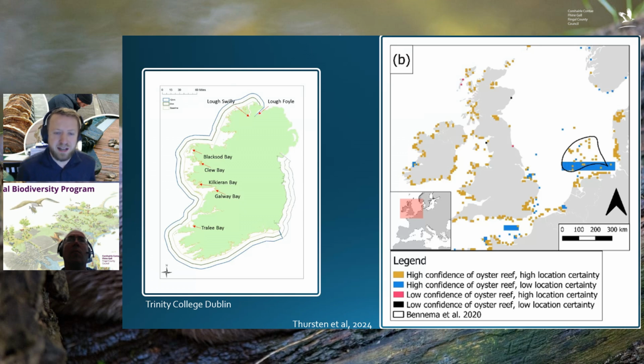And then on the right there is a paper that just came out showing a lot of the historical presence of oyster reefs throughout Europe and UK. And you can see for Ireland, at least, that the entire coastline used to be covered with oysters, but now we're down to about 5 beds left over on the west coast. So part of my project is to find some of those historic sites and then see if we can identify where the best sites could be to implement restoration and some of these reintroduction efforts for this species.